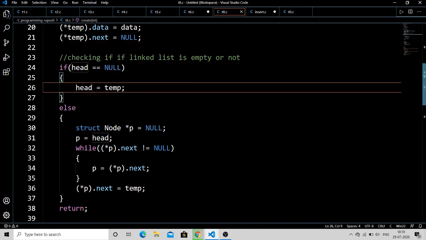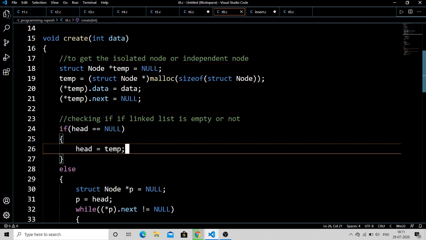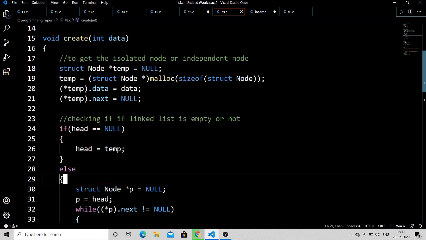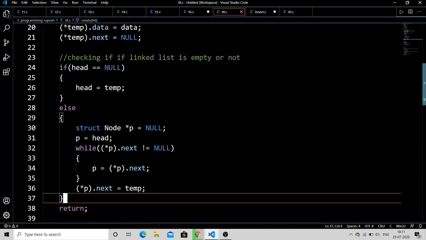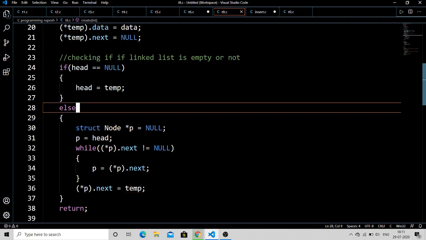So considering the first scenario, that the linked list is empty, head will be equal to null, and hence to add the first node into the empty linked list, we just need to point head from null to that new node. We can do it by saying head equals temp. As we know, temp is pointing to the new node that we declared earlier, and the address of the new node is assigned to head, so head will point to that node now. That means we have got one element in the linked list till now. As the list was empty, the if block will be executed and finally it will return.